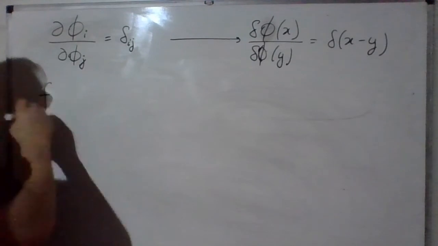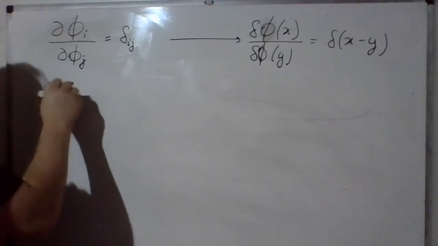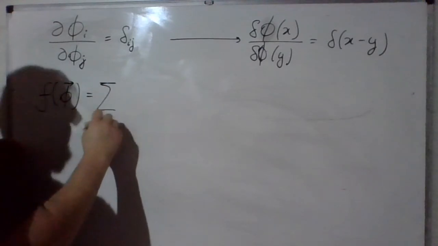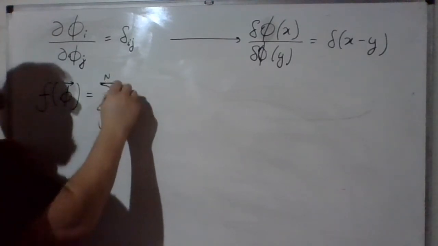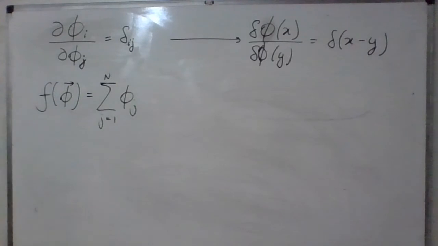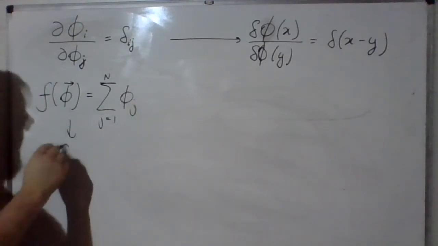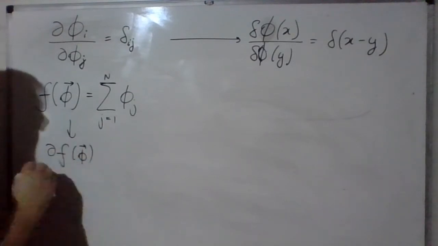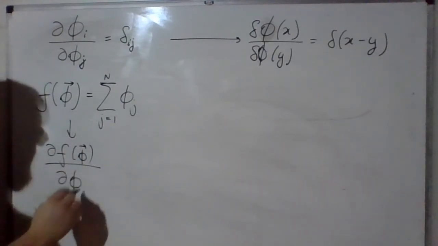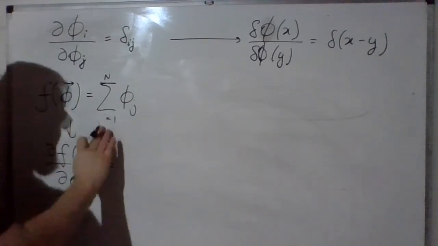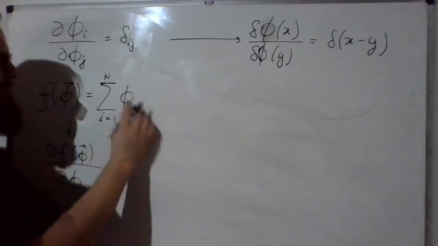If you have a function of a vector which is just the summation of phi j, the derivative of this with respect to phi j is just,